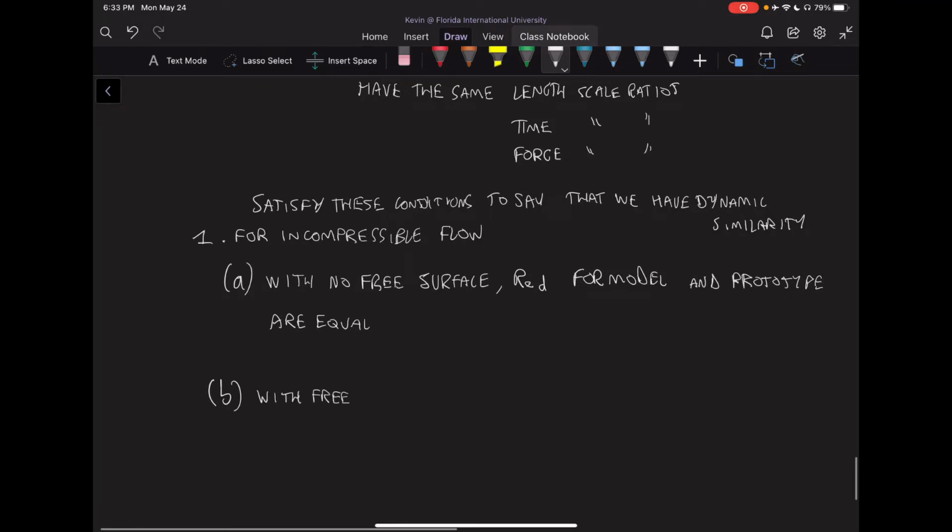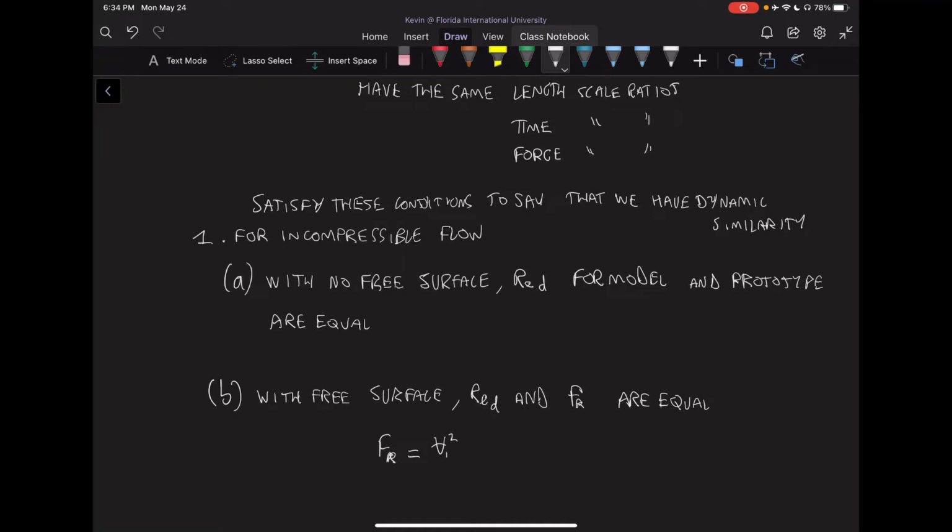we now need to satisfy more than one equation. We need to satisfy Reynolds, Re sub D, and the Froude number. So we need to satisfy Reynolds and Froude, and they both have to be equal. Not equal to each other, but for the model and prototype they have to be equal. And remember, the Froude number is equal to